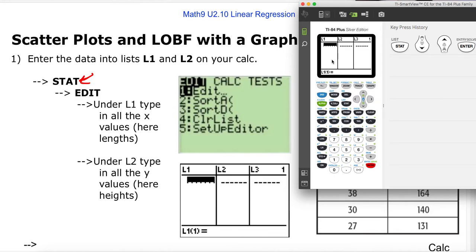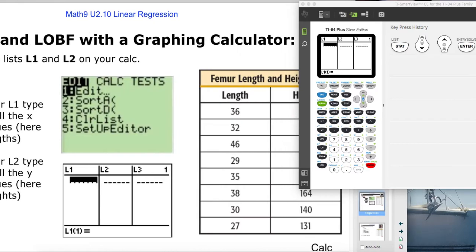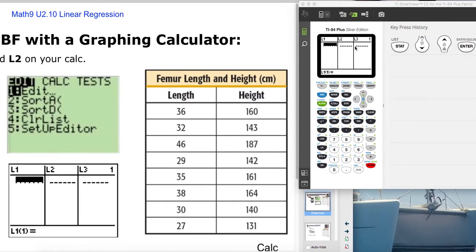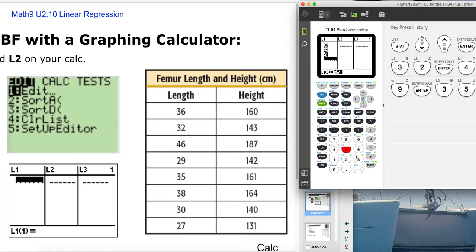And then it gives you this blank box. So in this space, this L1 is going to be where you put your X's, and L2 is going to be where you put your Y's. So let me move this over so we can see it. And I'm going to put in, basically complete this table. So I'm going to go 36, enter, 32, enter, 29, 35. You can pause me and fast forward if you need to do the same thing. 30, 27, enter. To get the other list, go over and then go 160,